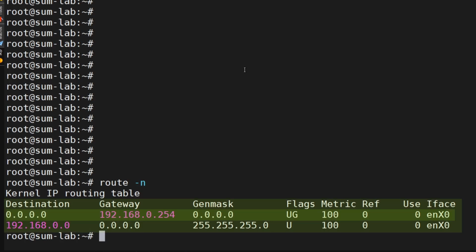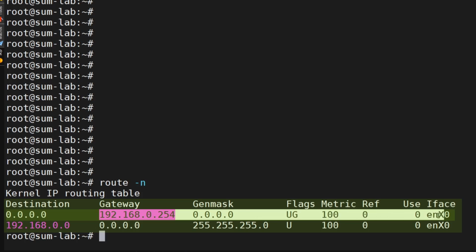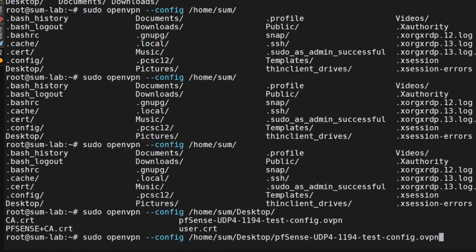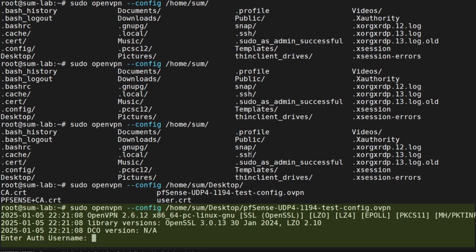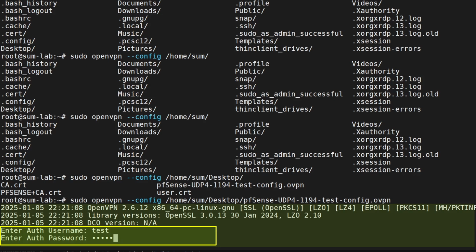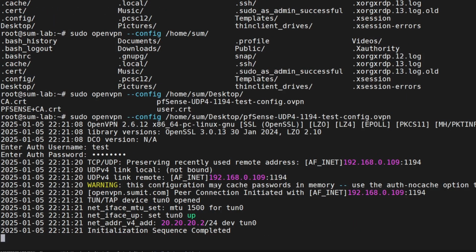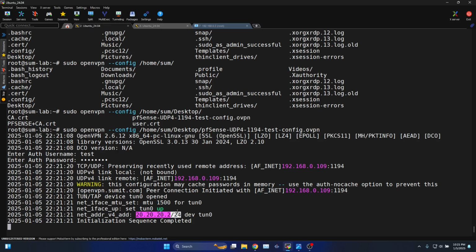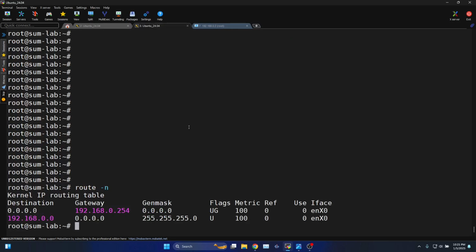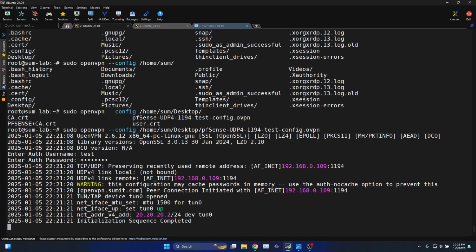route. As of now, we have the default route pointing to the upstream gateway that allows the internet connectivity. Post this, you will have to enter the username, which is test in our case, and the password. This will initiate the OpenVPN traffic towards the pfSense firewall. The pfSense firewall will assign an IP 20.20.20.2 from the scope that we have configured, and you can check the status here. Once the tunnel is in established state, you can